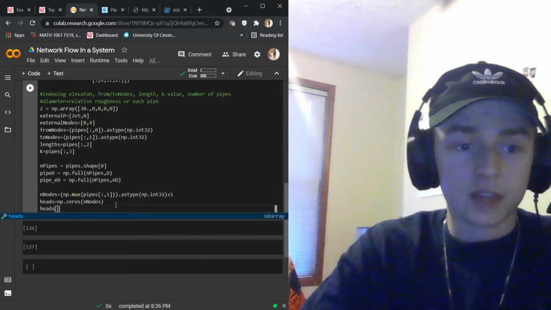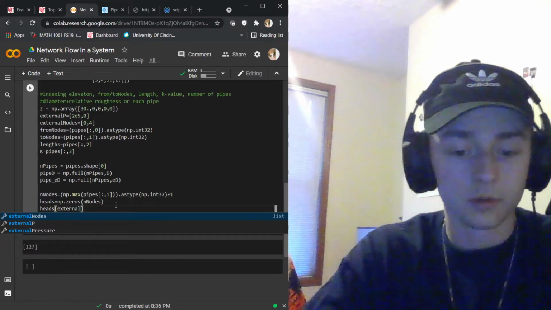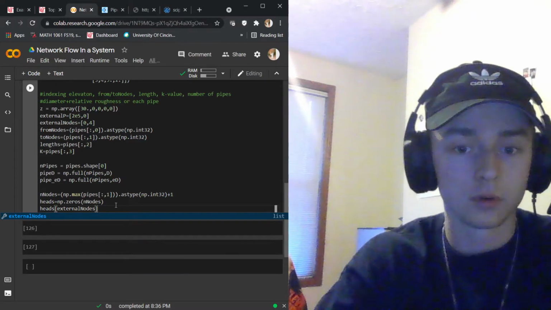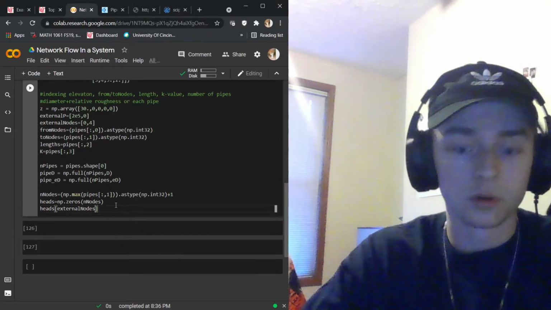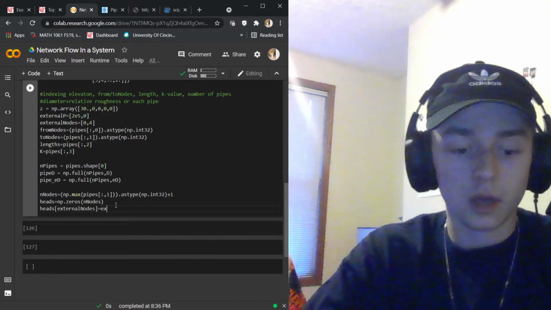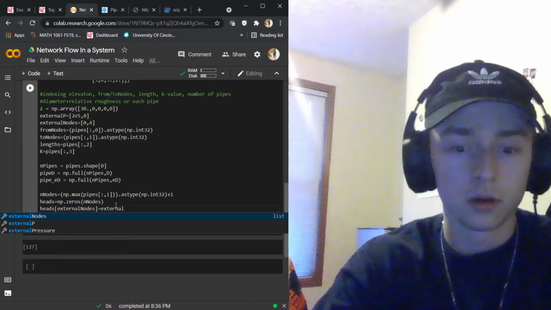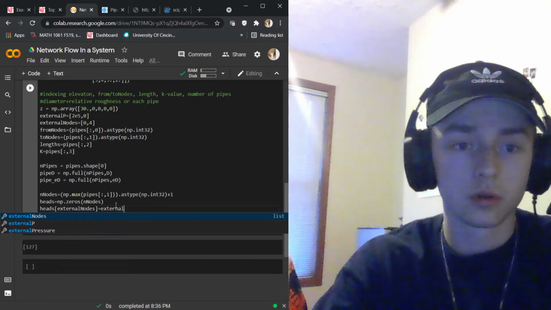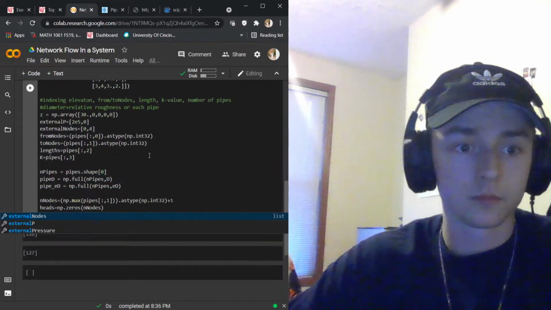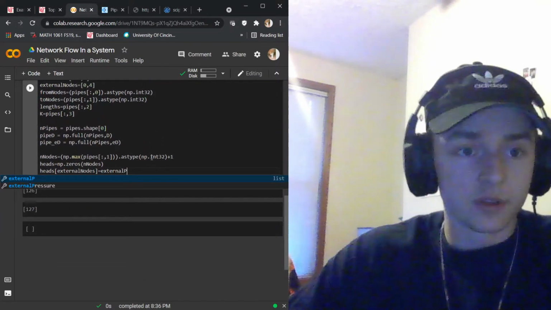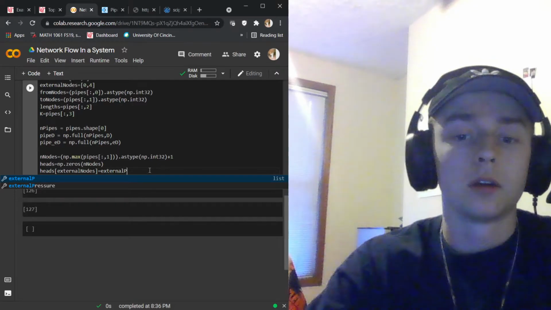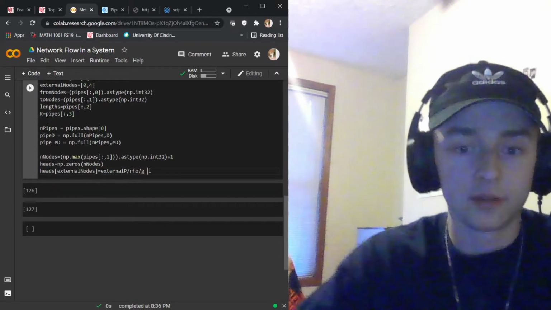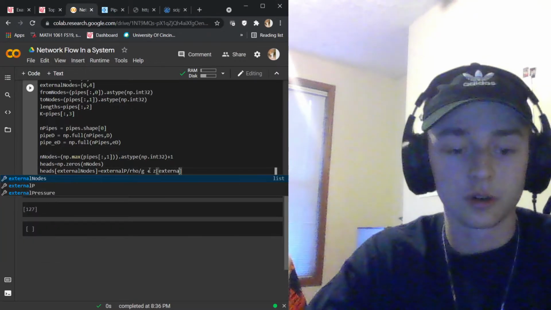In our system of the external nodes is equal to the external pressure in our system, which again we've mentioned up here earlier, divided by rho divided by gravity plus the elevation of our external